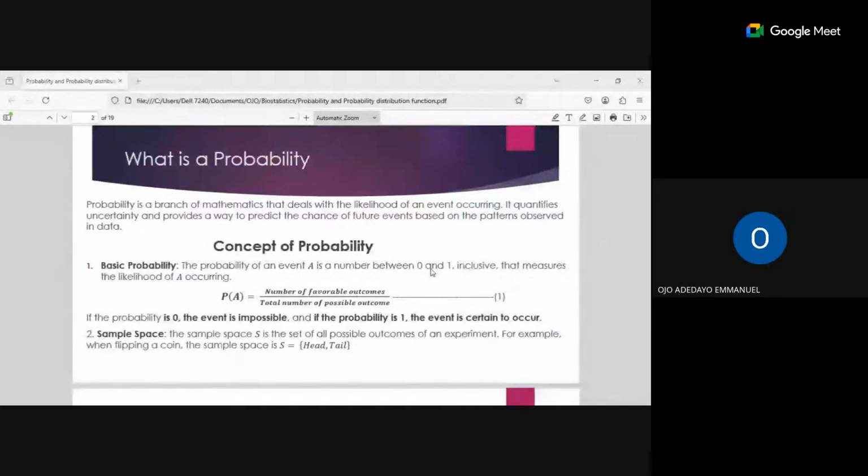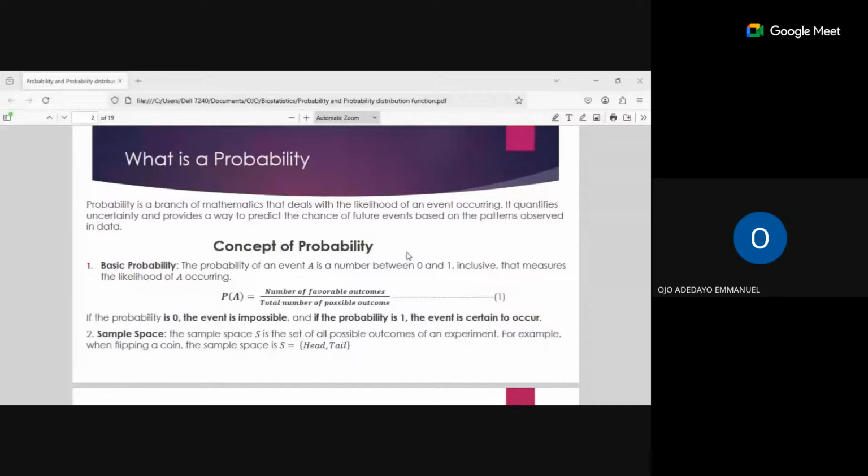Let's say, for instance, in a bowl I have 7 balls, and 2 of them are red, others are white. If they ask me what is the probability of picking the first ball to be red, in the concept of probability, the total number of red balls that you are having there divided by the total number of all the balls in the bowl will give you the probability of picking red. So let me quickly go to